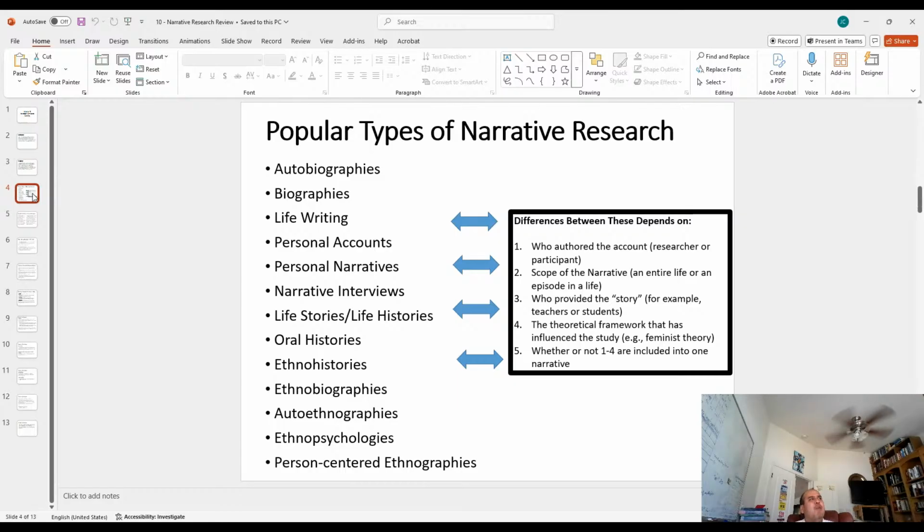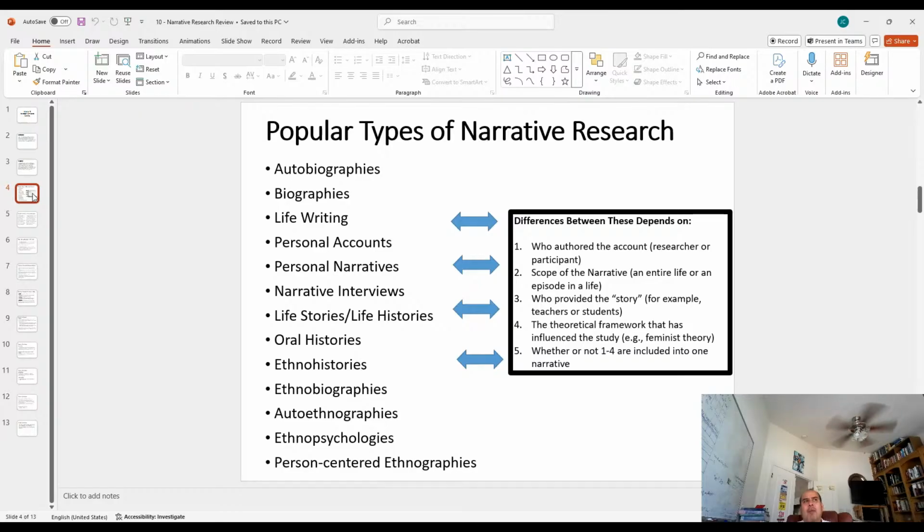These are the types of narrative research. As you know, there's quite a bit. I'm not going to go through all of them, but one of the ones that I use quite a bit, almost towards the bottom, is autoethnography. I used that one early on in my career because I have an experience as a person of color, being at the university or doing certain things at the university, that I want to tell. And I want to tell it from my point of view.